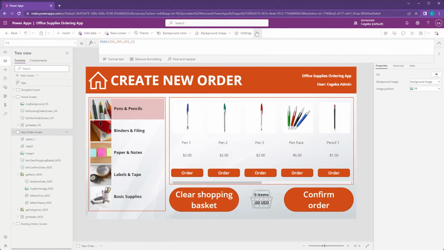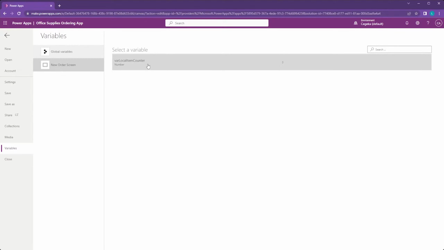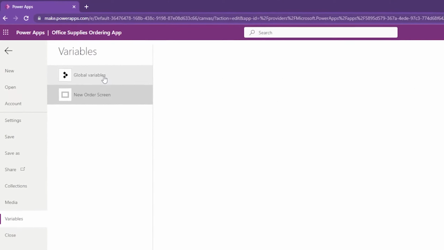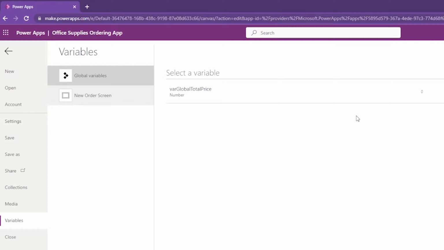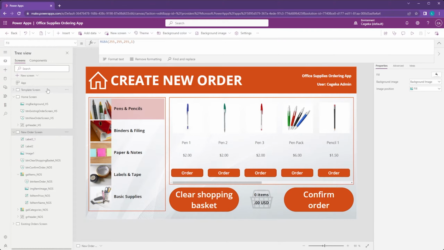And let me quickly show you the difference if I go back to variables, because we still have that new order screen tab right here, which has the local variable for that screen alone. But we now also have a tab called global variables, and this has our var global total price with the value of 0. And just to show you the difference in usage, if I go back to my home screen